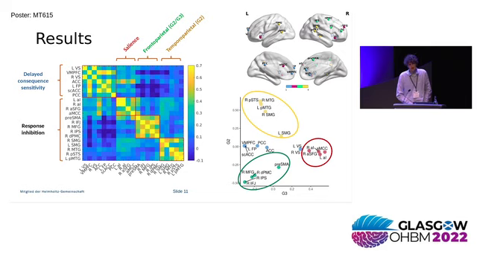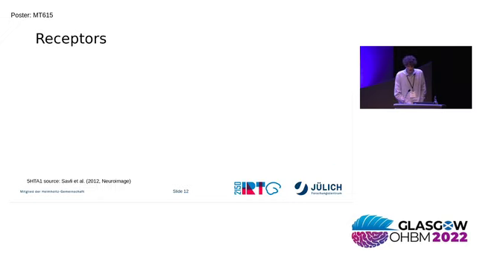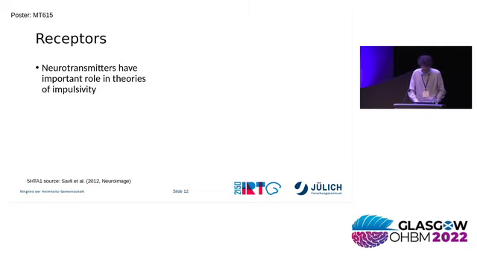Again, we find complementary results on the gradient decomposition. Okay, so now to come full circle, we were interested if the community organization actually relates to impulsivity on a molecular level. The reason being that a lot of theories of impulsivity actually talk about neurotransmitters as being inherent to impulsivity, and that being, for example,